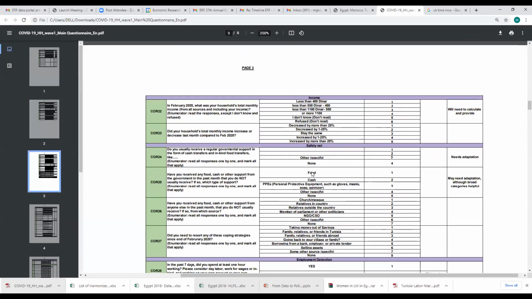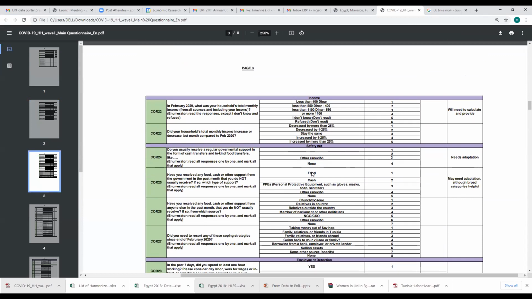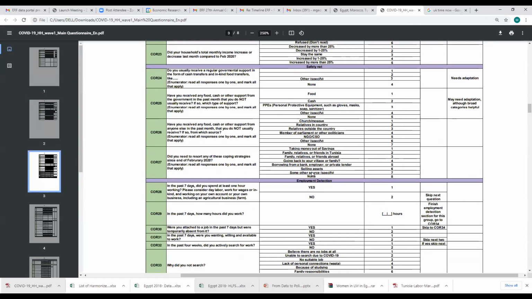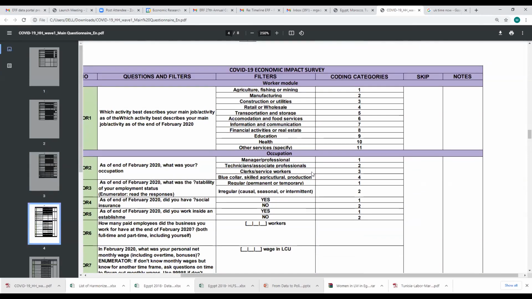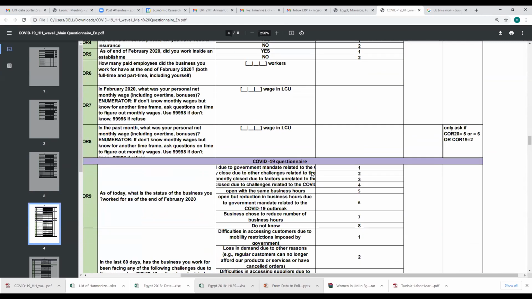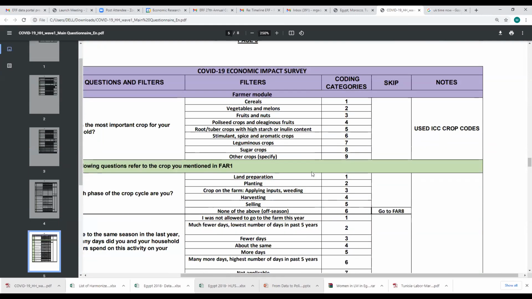They were asked about some of the coping strategies, how they managed to go through the difficulties of COVID, and whether they have received any help from government or non-governmental organizations.